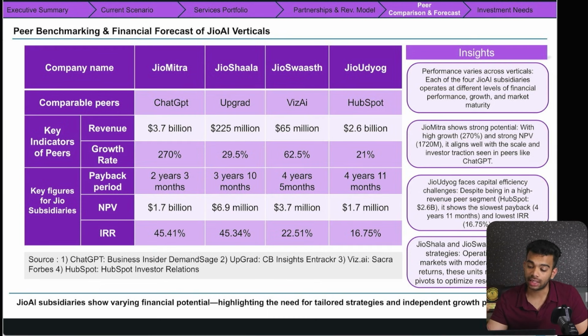We've added an insight section, basically summarizing everything that we have talked about and giving actual insights that, let's say, an investor or a panelist or a judge can look into. So again, title, conclusion, very important. We've also mentioned the sources, and one thing you'll notice, there isn't any blank space. Very, very crucial. If there is blank space, you need to figure out some way that you can add value in a particular slide.